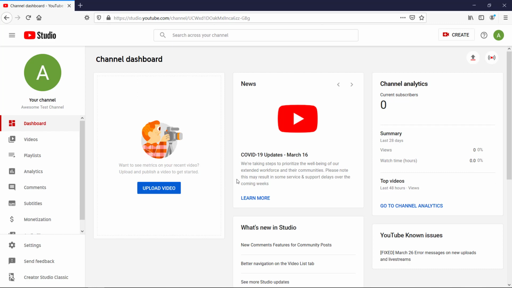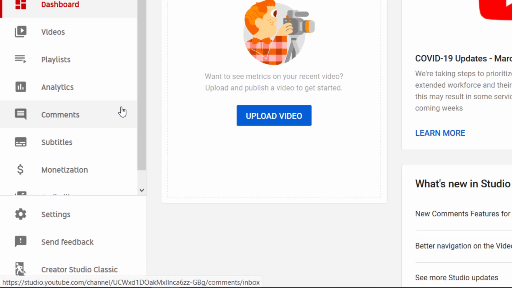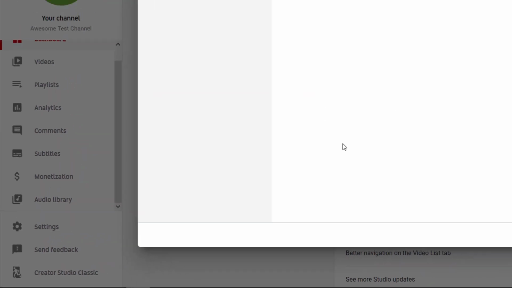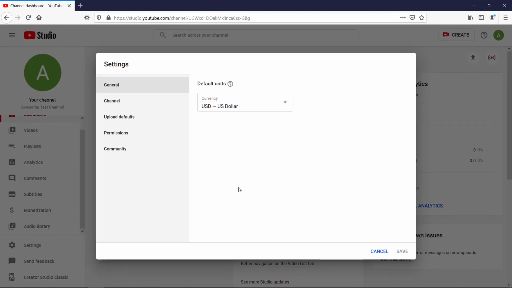Now within YouTube Studio, there's a few things we can customize as well. So head over to settings. This can get very confusing because there's also settings in your profile and there's the settings in your YouTube Studio, but I guess maybe in the future YouTube will streamline that experience. For now, there are some things that are separate and they're under these settings in YouTube Studio, so do take note. Now you want to customize your channel